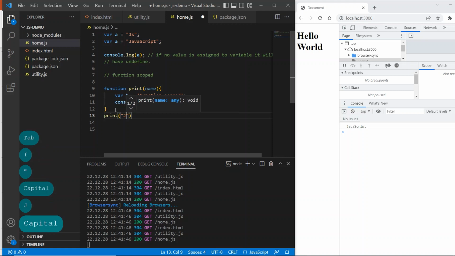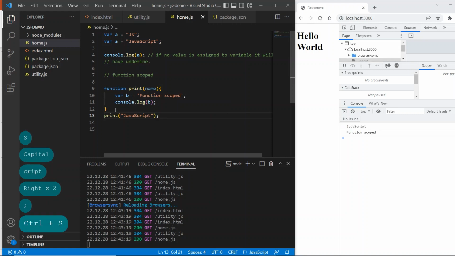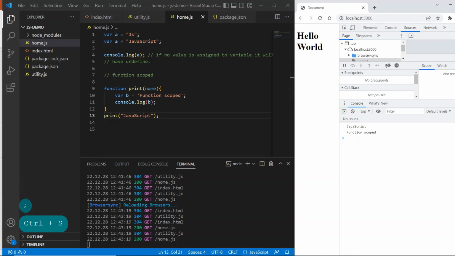Let me try to pass some name to it, and if I run it now, I got the output of b, that is function scoped, which is a string text. So we got the output.